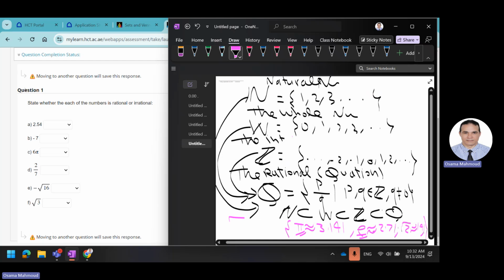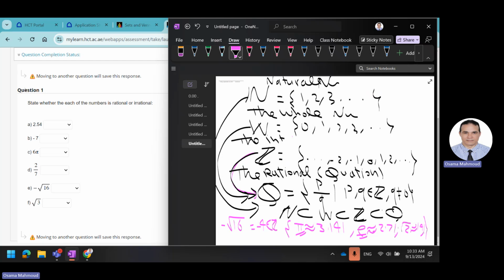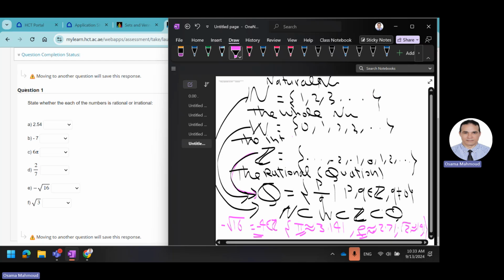But for the root, if I write for you minus root 16, it is minus 4. Minus 4 is an integer, and I said any integer is rational. But root 2, when you put it in your calculator, you will have a decimal. So to check if your root is rational or irrational, use your calculator. If you have a decimal, it is irrational. If you have an integer like this one, it will be rational. Okay, so